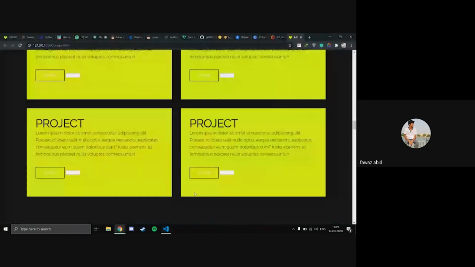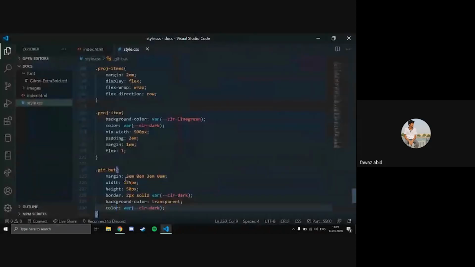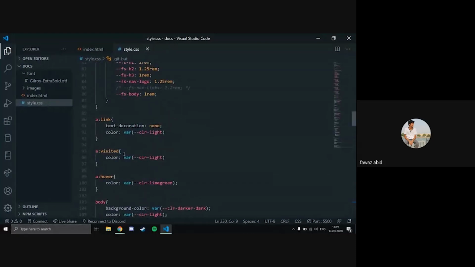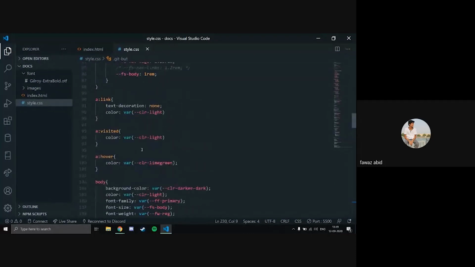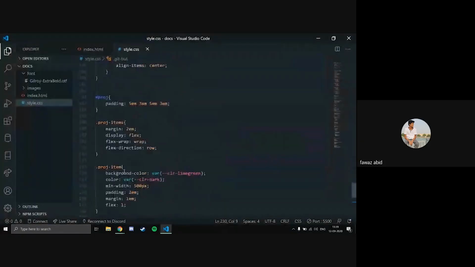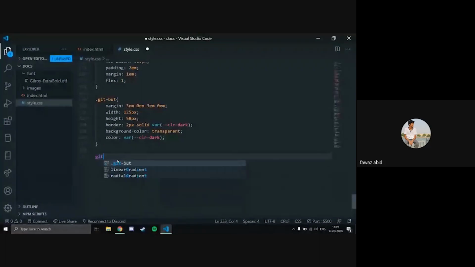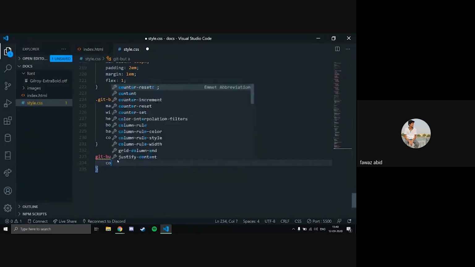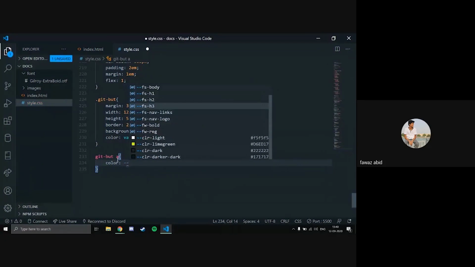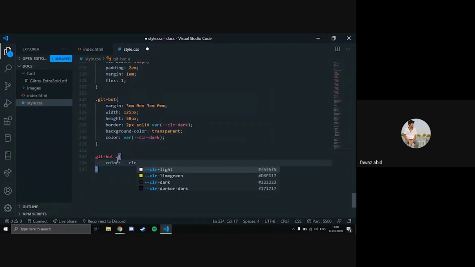Oh, okay. We made it such that the link in this thing, if you remember, we made it so the link is white, right? So we're gonna change that over here. So we'll just go back to this and we'll just tell it get hyphen but, and the anchor tag inside that will have the color of variable hyphen CLR dark